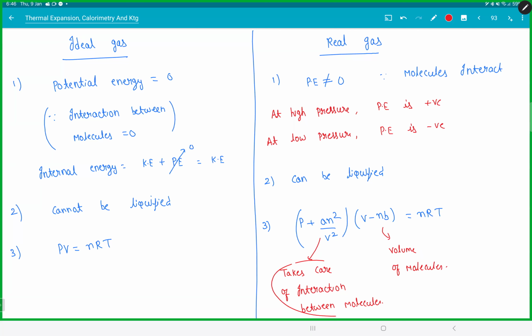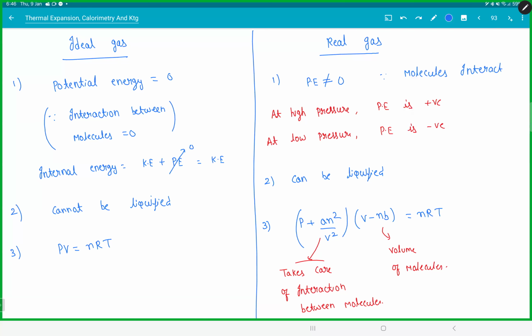So this takes care of interaction between molecules, so that affects your pressure. This affects your volume. The fundamental reason is that. Clear? That is one. The next thing,